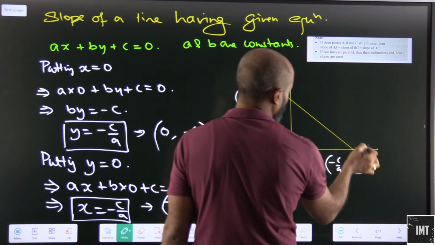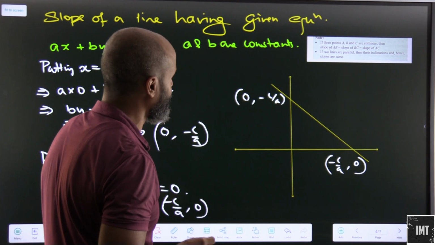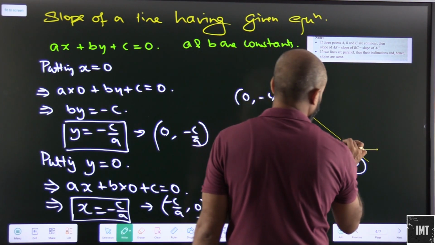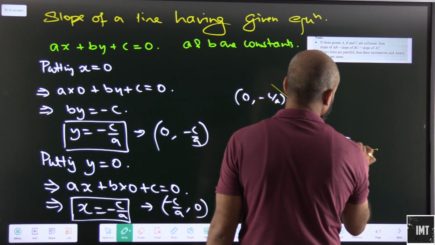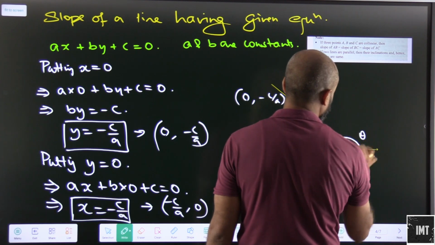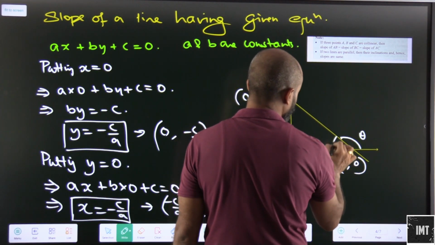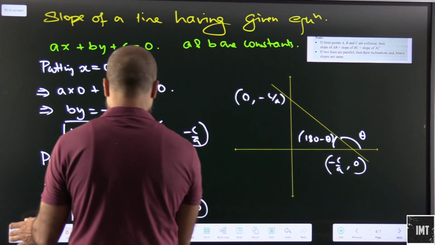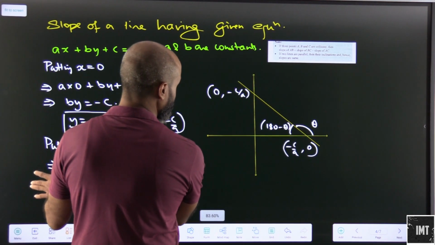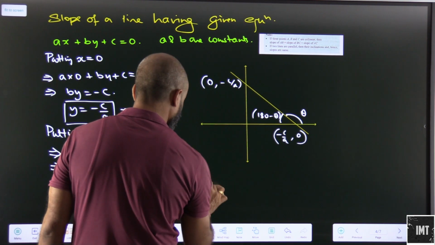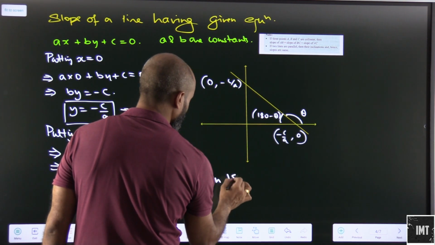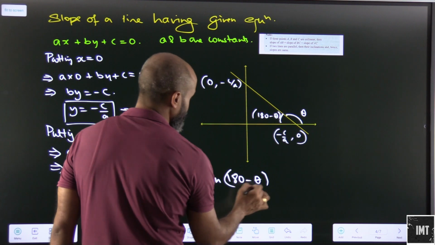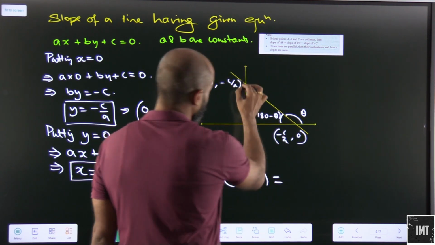So what will be the value of this angle? Let's say we have to find out this angle. This will be the slope of the line that we have to find out. So this will be 180 minus theta. So we can say that tan of 180 minus theta will be equal to...